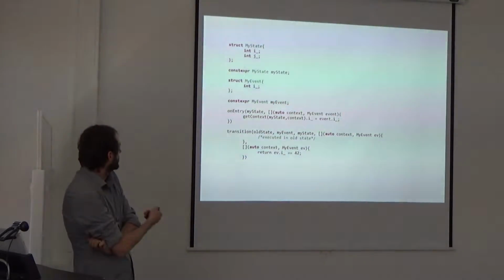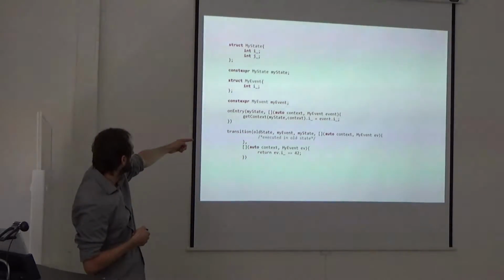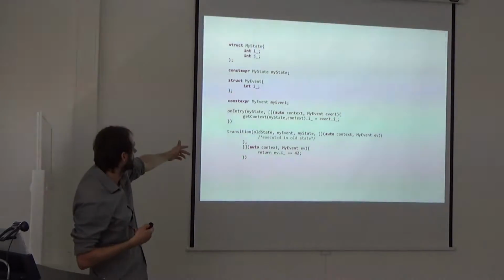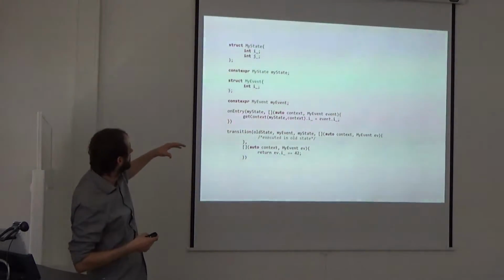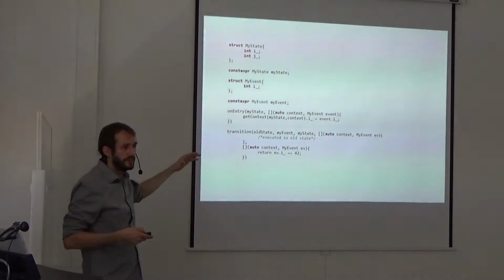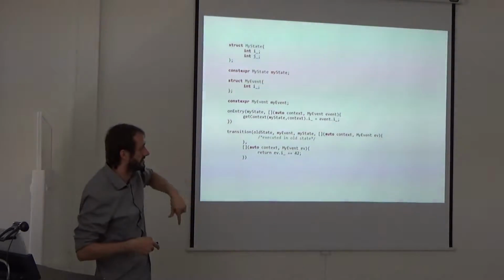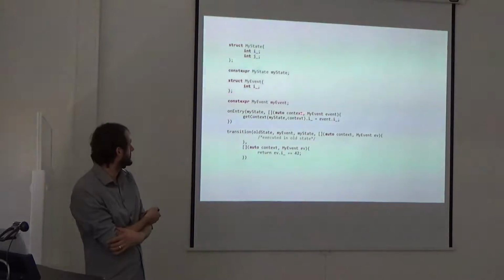Okay, in this on entry example, on entry of my state, I want to take the data that's coming from the event and put it in my state, right? So I take this variable context, and notice this is auto. Auto in the parameters of a lambda basically means that this lambda is turning into a functor object with a templatized overloaded function call operator. So context can be any type, but I don't really care that it's any type,